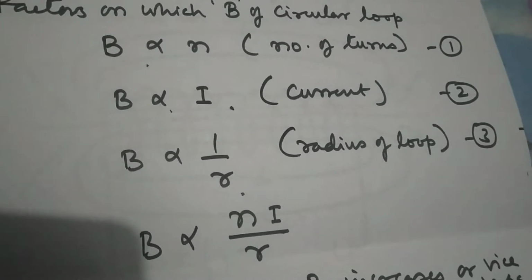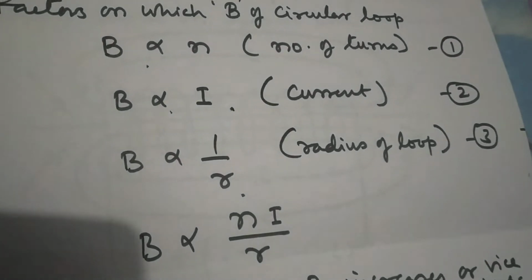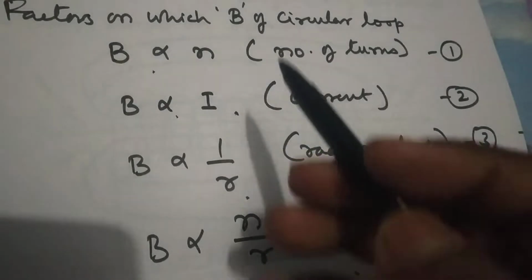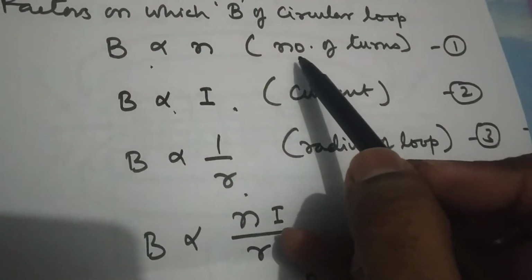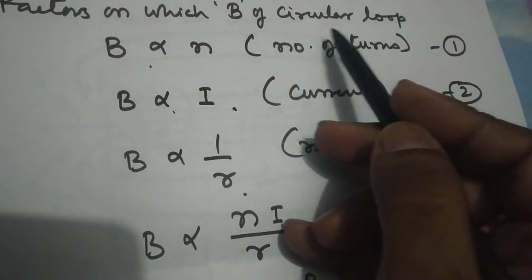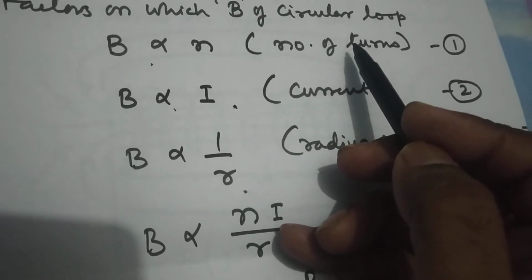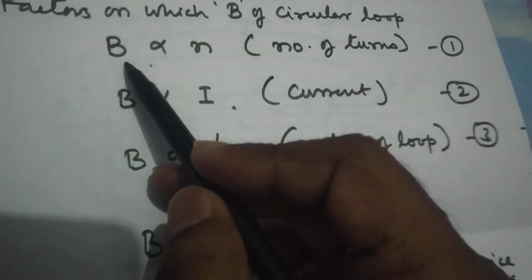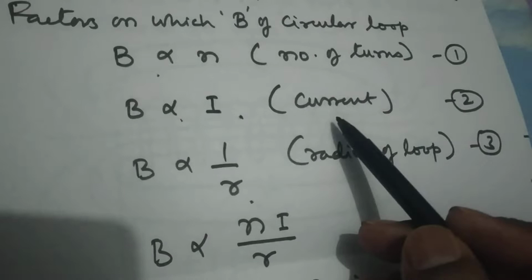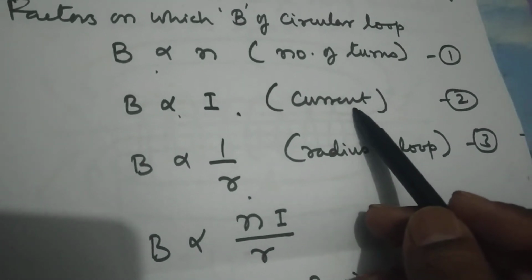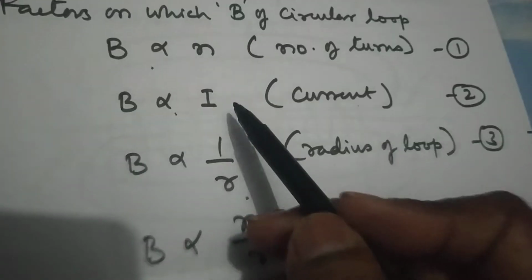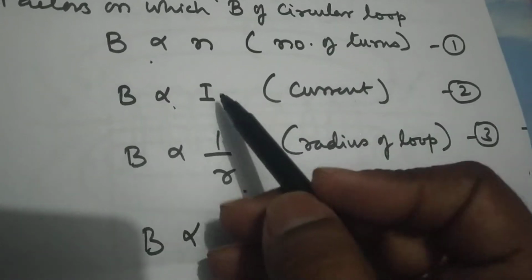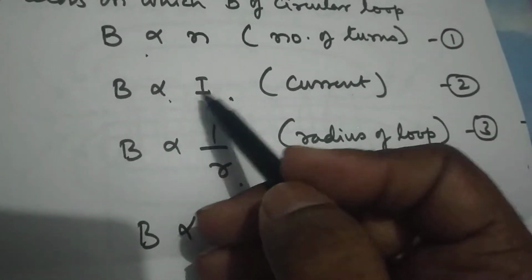It means whatever you find, this magnetic field is first directly proportional to the number of turns. It means number of turns यदि आपने बढ़ा दिए तो करंट बढ़ जाएगा, और करंट बढ़ने से मैग्नेटिक फील्ड बढ़ जाएगा. यहाँ तो करंट बढ़ ही रहा है, because current is the major factor for the magnetic field. If the current is increasing, magnetic field will also increase, and current decreases also. So these are directly proportional. But what about the radius of the loop?